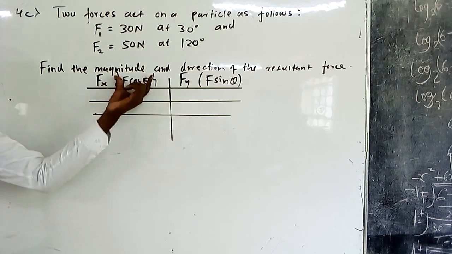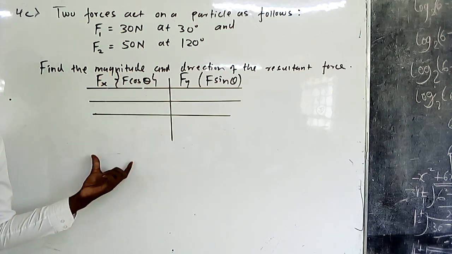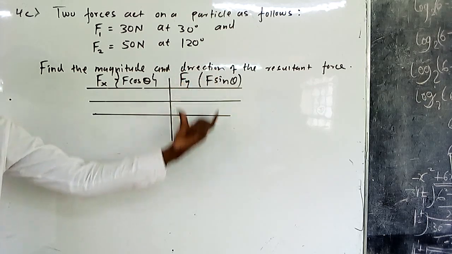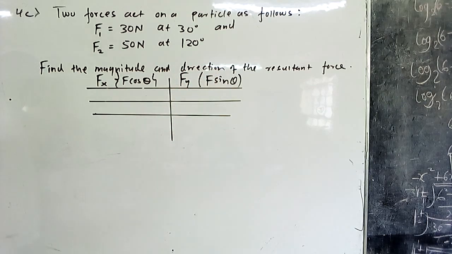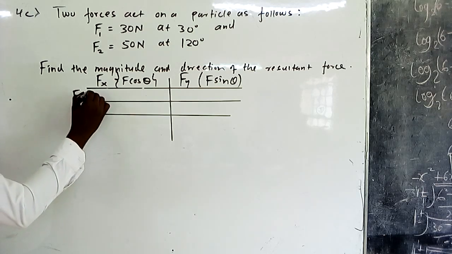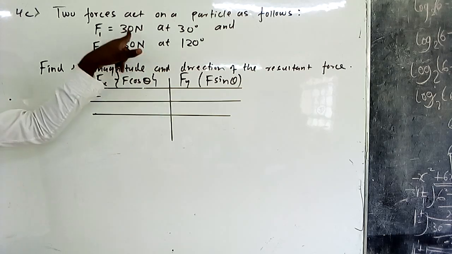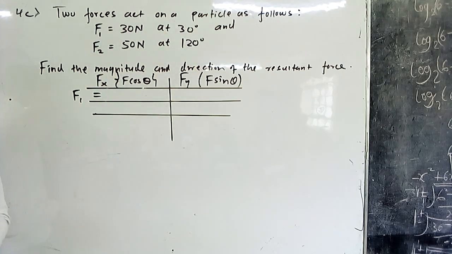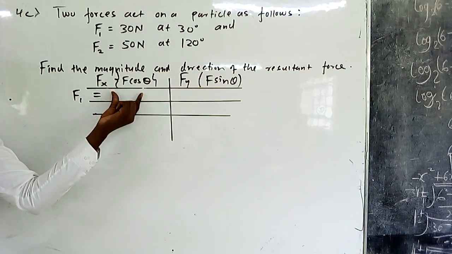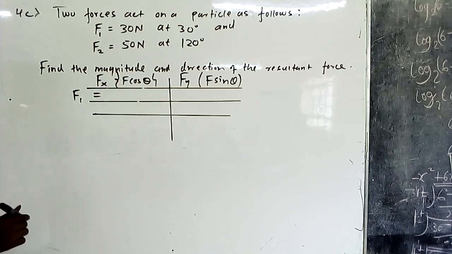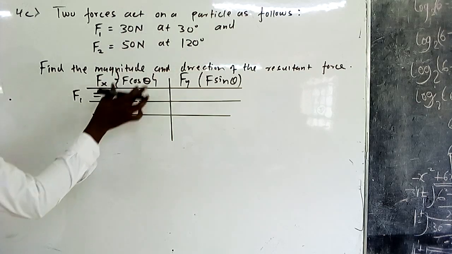So for you to get the resultant x component, you add all the x components. For you to get the resultant y component, you add all the y components. So the first force F1, what is the x component of F1? It is f cos theta, meaning 30 cos 30 degrees. Are we together? What is 30 cos 30? Give me 30 cos 30, you get